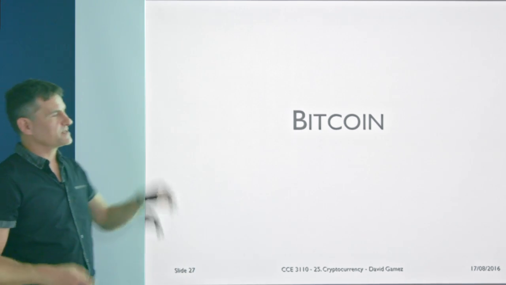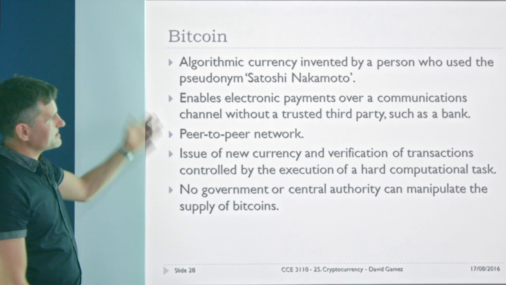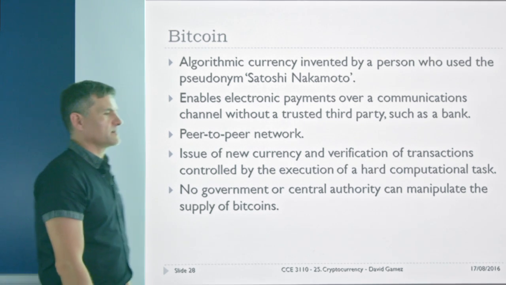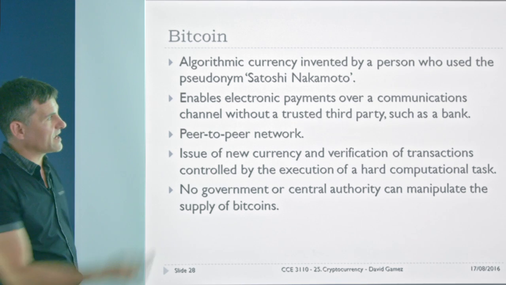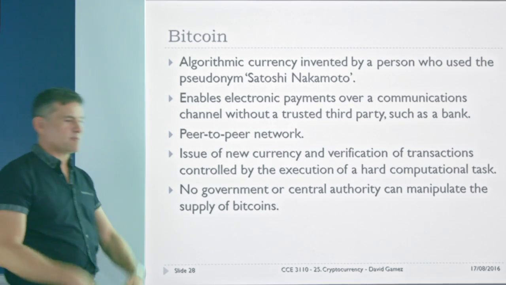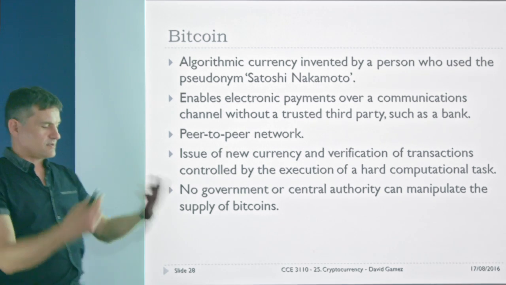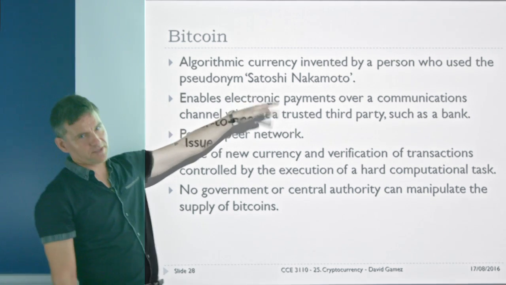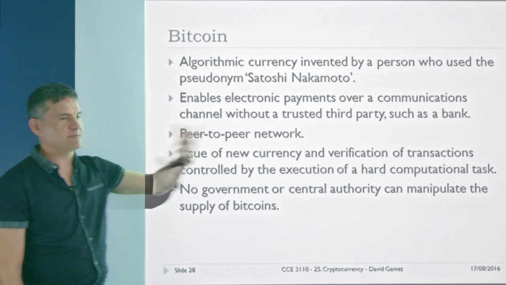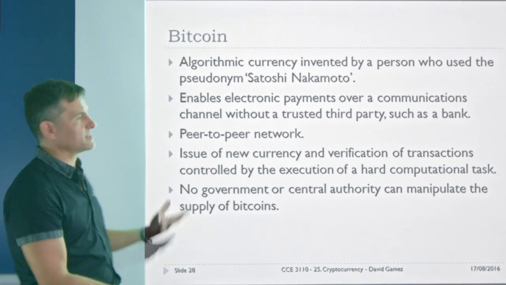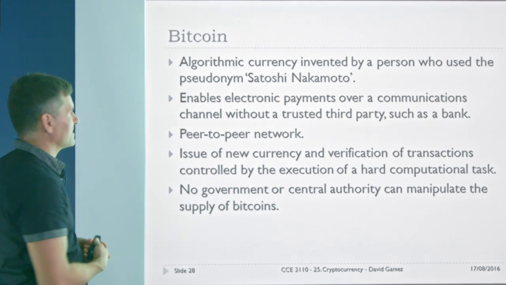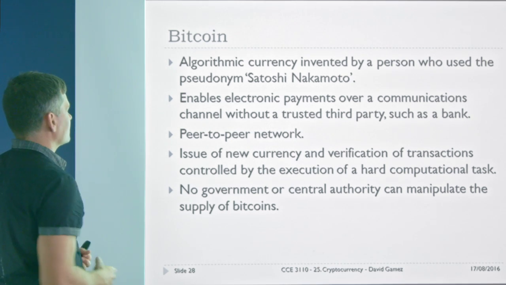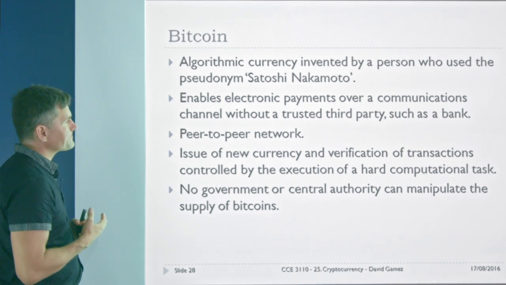This is the first algorithmic currency, invented by someone called Satoshi Nakamoto. There's an Australian guy whose name escapes me who claims to be Satoshi Nakamoto, and the BBC were celebrating his achievements. But there are other articles saying that this guy has claimed to be Nakamoto before, and it's still a little bit open who is really Satoshi Nakamoto. But it doesn't really matter because it's a brilliant paper and it's a very clever system, and I like it a lot, I have to say.